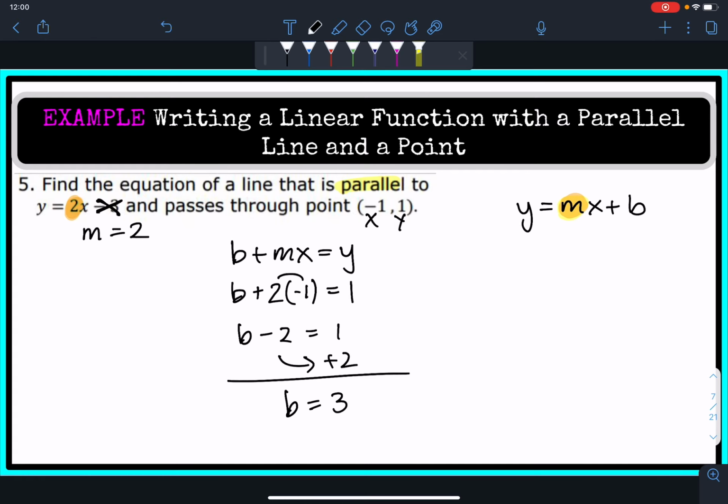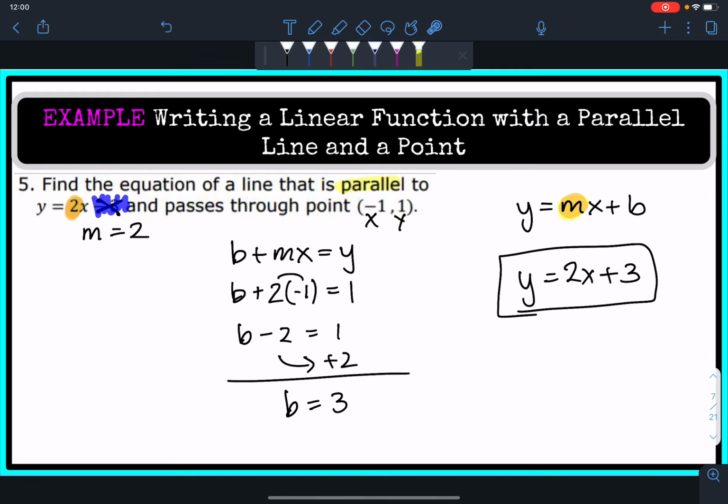So this is going to be the equation of our new line. y is going to equal 2x plus 3. And again, this y-intercept had nothing to do with that number right there. There's no correlation at all. It's not helpful. It's not the opposite. Okay, just a coincidence that it happened to be the opposite. But again, I cannot stress that enough, that from the equation, the only number that we needed was that number